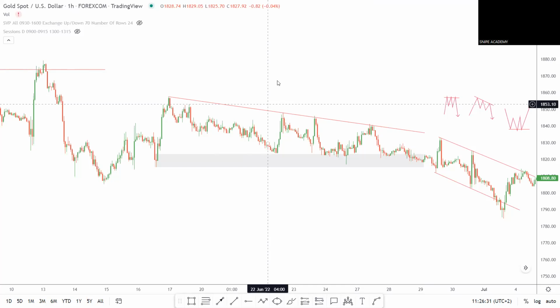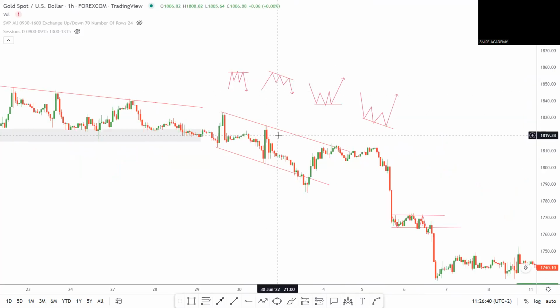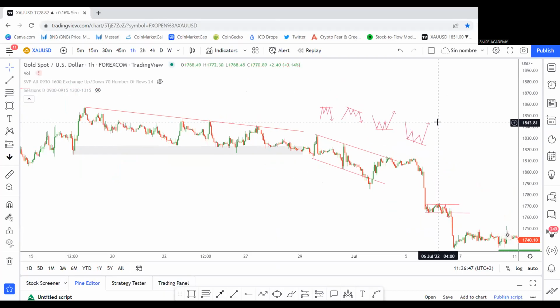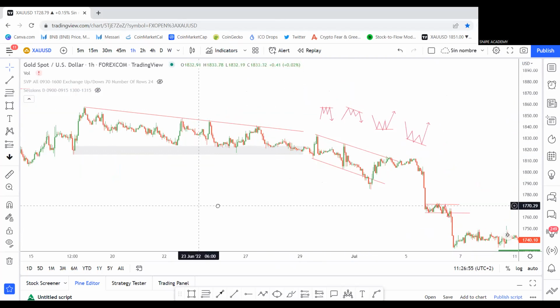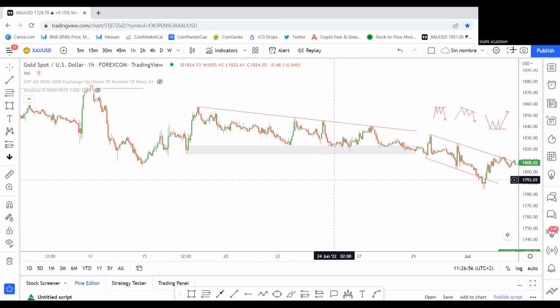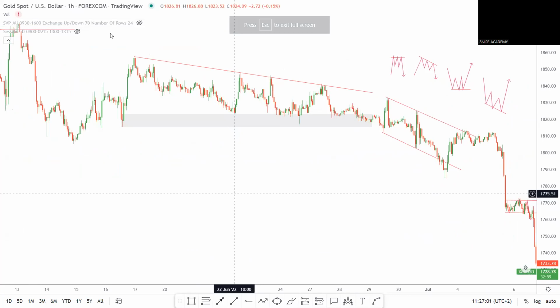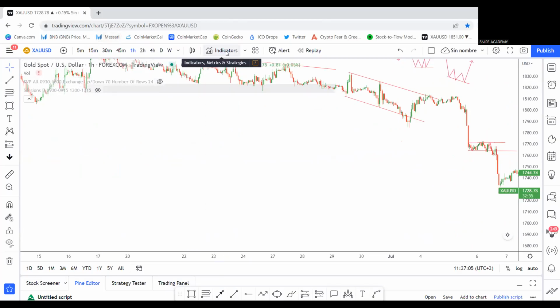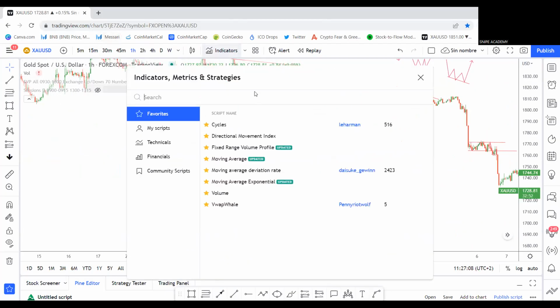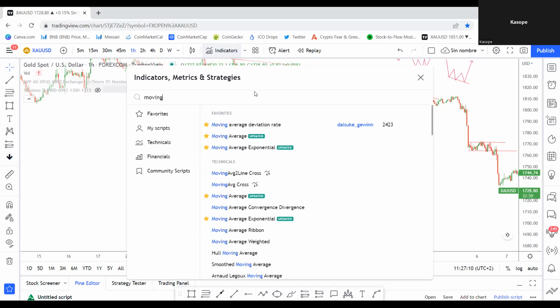Pretty straightforward. Support and resistance, trend lines. You all must know this. If not, you can go over the ebook, which is pretty well explained in detail. So if you combine the knowledge in this video and the ebook, you will understand these concepts very easily. Now let's move on to indicators, and why I don't like to use indicators. Let's start off, just so you know them, with the moving averages.